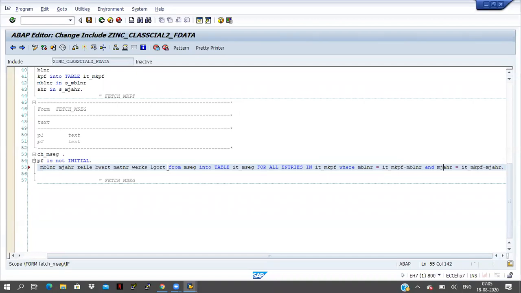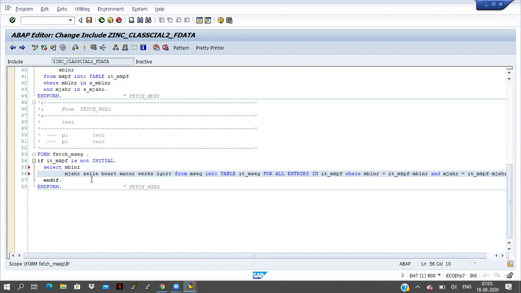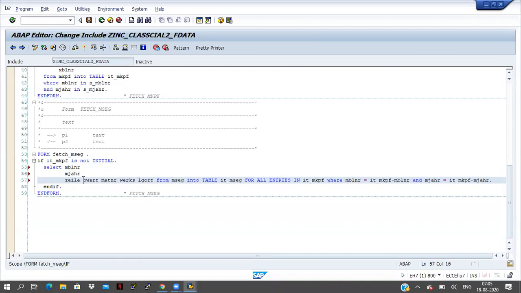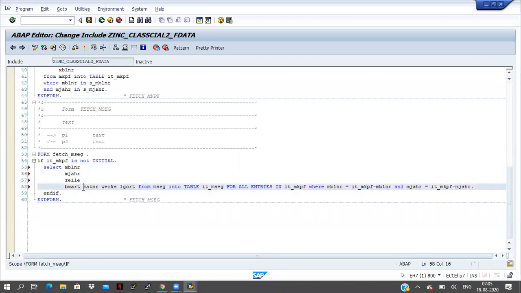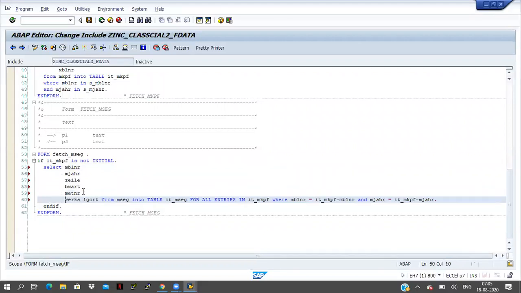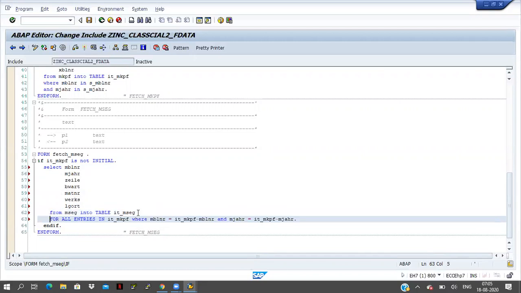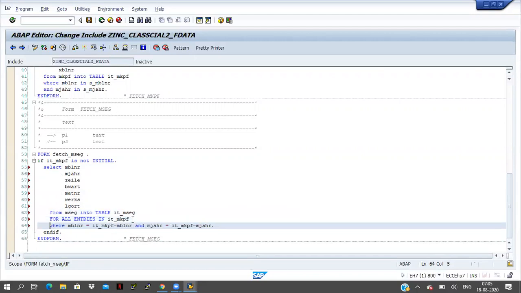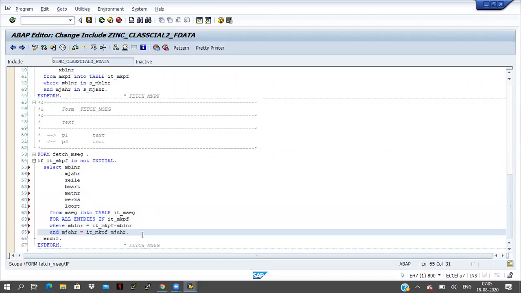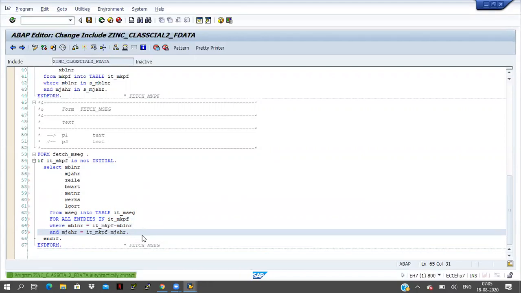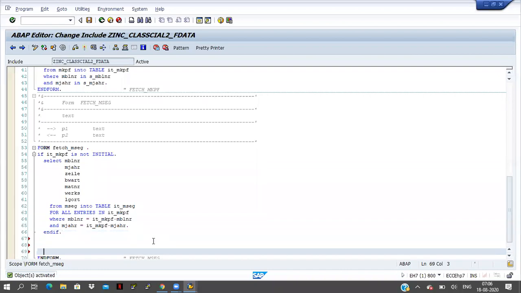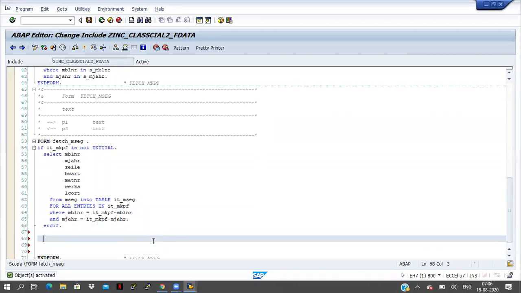Okay, fine. Now I am doing like this. Here only I will loop the data.